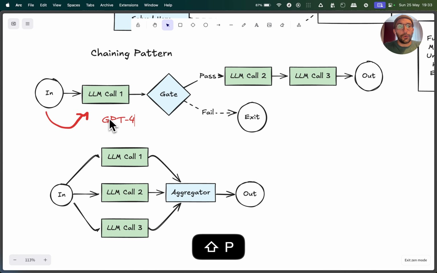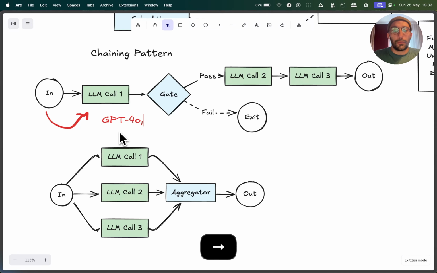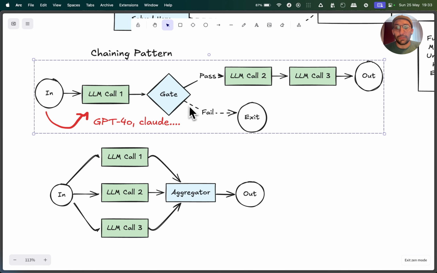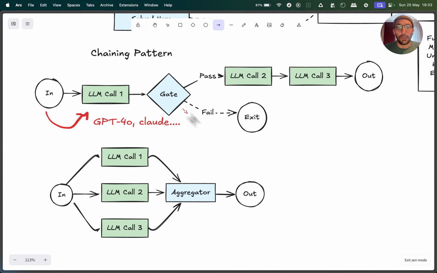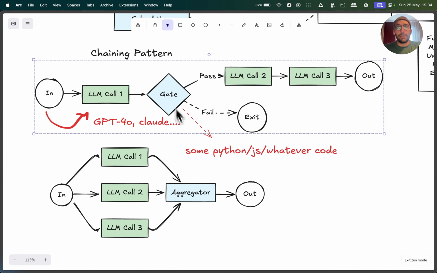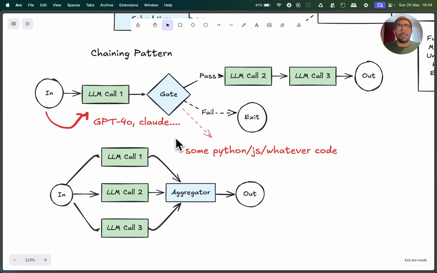It can be GPT-4o, it can be Claude, etc. Then the output of the model goes through some code. What I'm representing as the gate here is some Python, JS, whatever code, okay? What's going on in this gate is that we're just checking to see if the output of the model has the information that we wanted, and passes some checking condition.